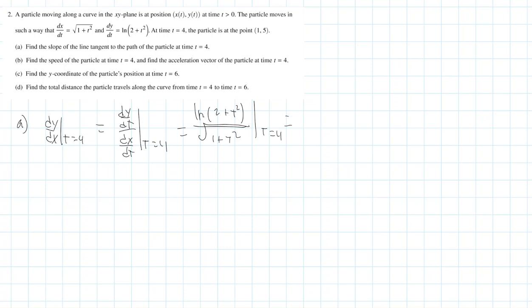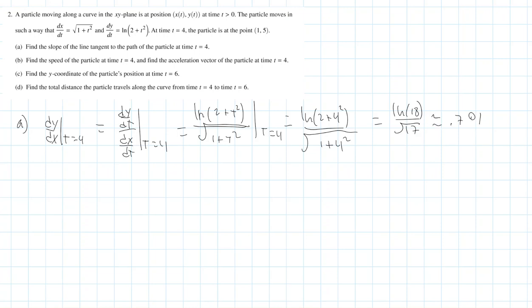If we just plug in, ln of 2 plus 4 squared all over the square root of 1 plus 4 squared. That is going to equal the ln of 18 over the square root of 17, which is approximately